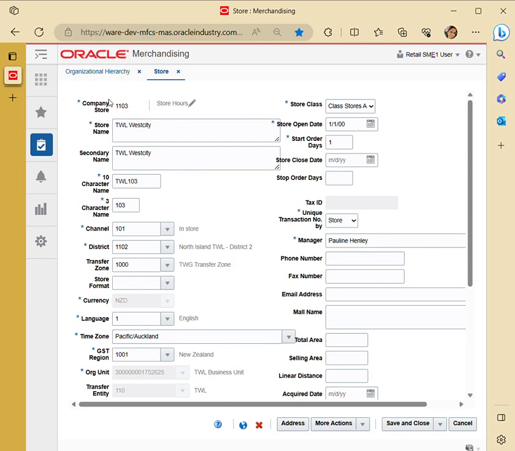Moving on further, first you have to number the store, give the store a name, populate the secondary name, then populate the 10 character name, and then populate the 3 character name. Then you have to select the channel, then you have to select the district, then you have to select the